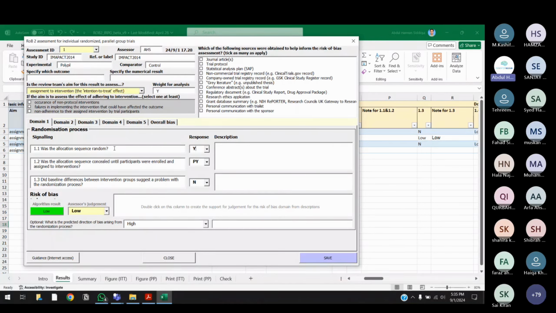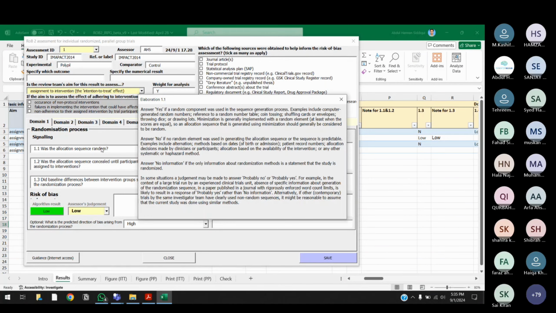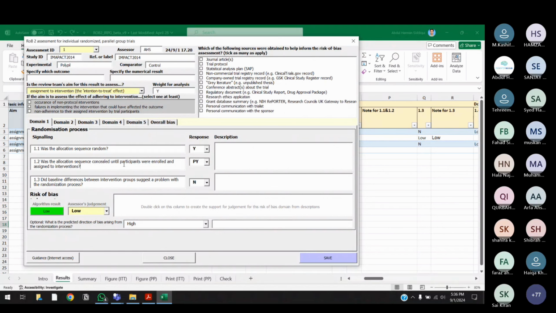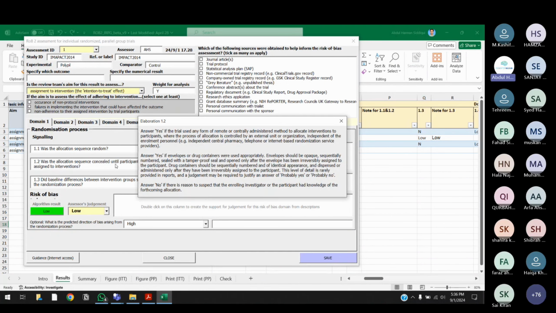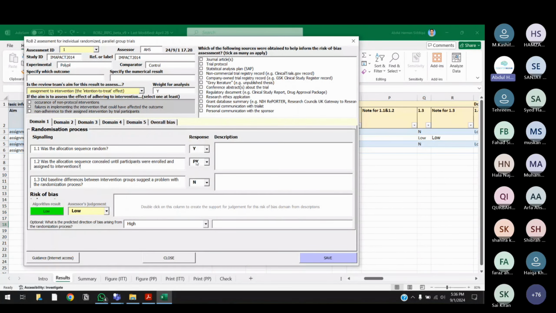If you double click on this question, ठीक है? If you double click on the question, another dialog box opens और इस dialog box में explanation given है for this question. ठीक है? This is a brief explanation. It is short. Okay? It is not a detailed explanation. So if you want a detailed explanation, then you will have to go to the PDF manual. ठीक है? Which was on the home page. लेकिन short explanation के लिए you double click on the question. ठीक है? I am double clicking again. मैंने double click किया, explanation open हो गई. I am doing it for the second question now. ठीक है? मैंने second question पे double click किया, explanation open हो गई. Is that clear?